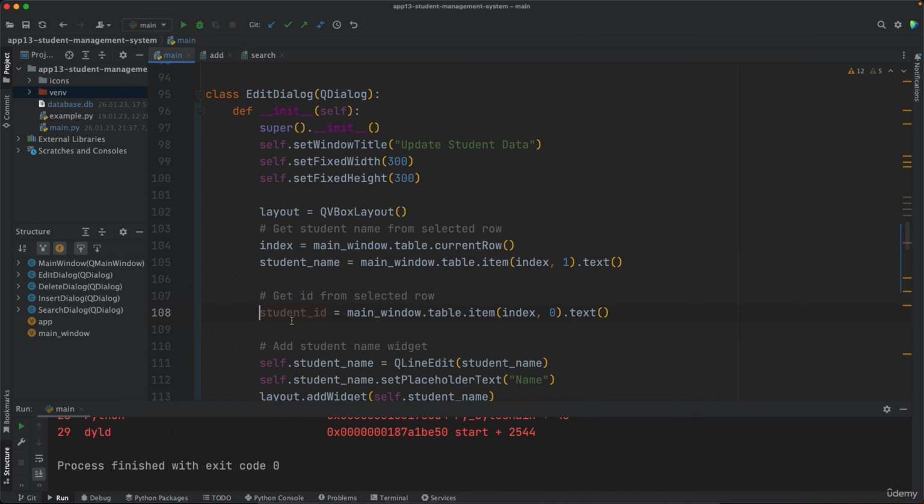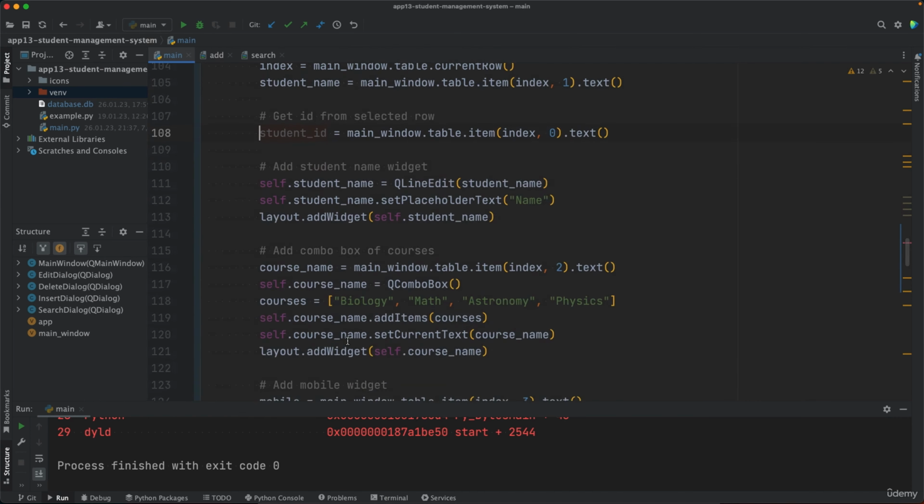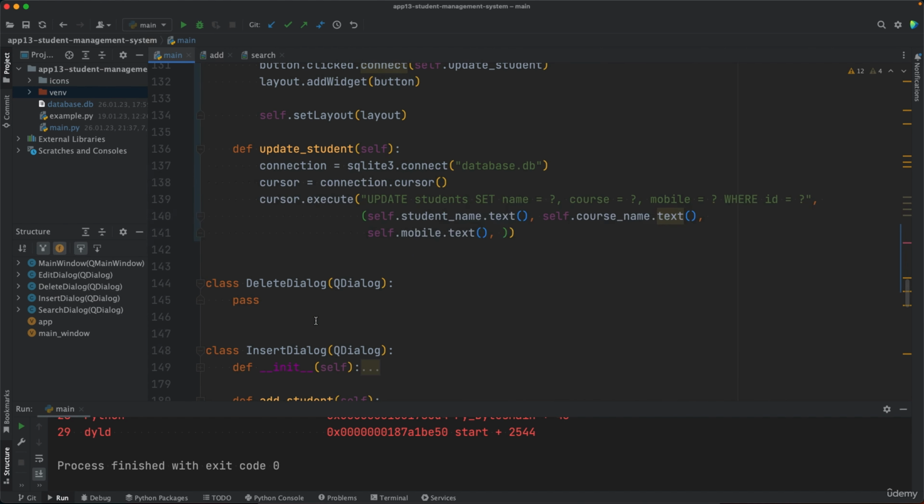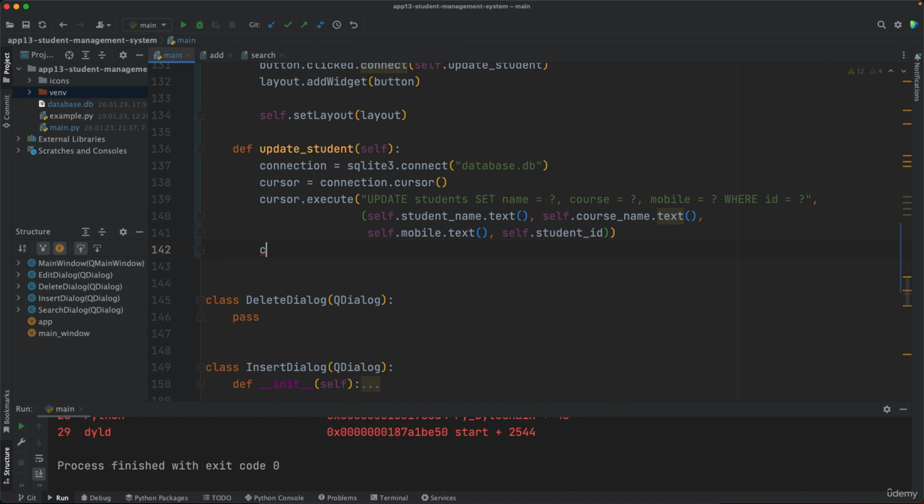So that's the student ID, and we need to access that student ID from a method. Therefore, let's make it an attribute of the class. So then we can say self.studentID, and that's it. So the ID is something that doesn't change. In this model we're working on, the idea is to have a permanent ID for students, and every new student that is added to the database, you want to assign them a new ID that has not been used by others in the past. So that's the query, and before we execute, make sure to